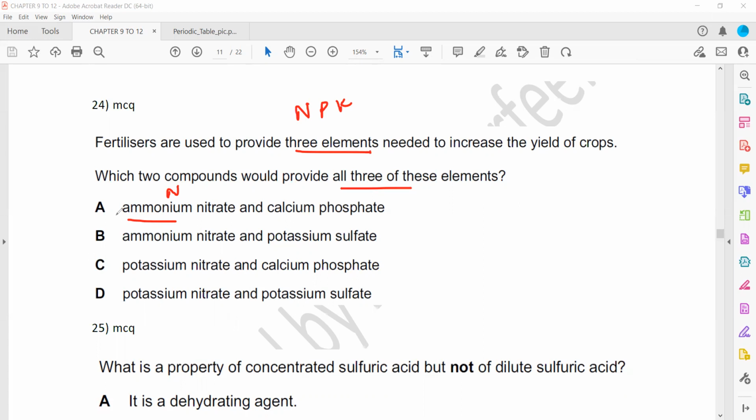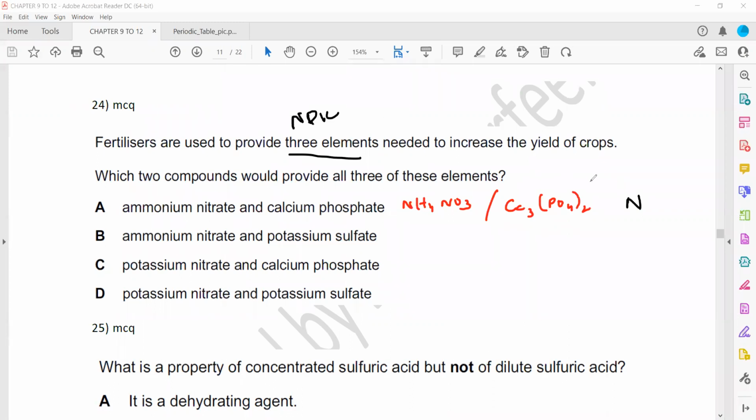the ammonium nitrate formula, when I write, that is ammonium nitrate, and the second one is calcium phosphate. This is a formula for calcium phosphate. So what are the nutrients it can provide? Because the three basic essential elements in fertilizer are NPK, it can provide N, it can provide P, but there is no K. What about the second one, ammonium nitrate